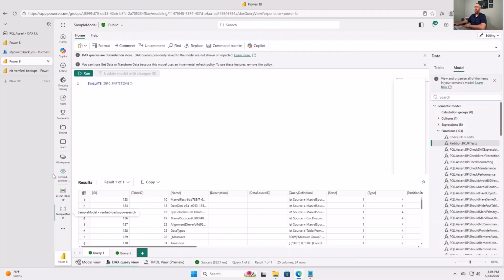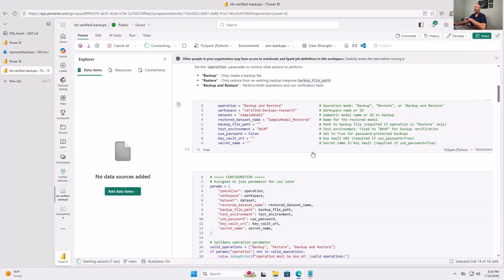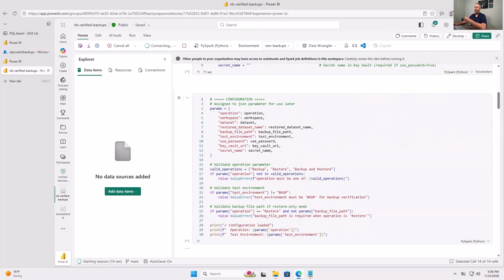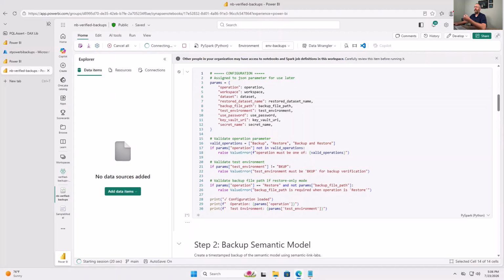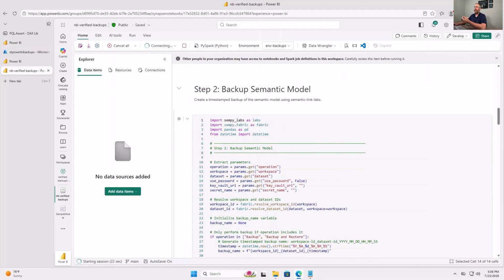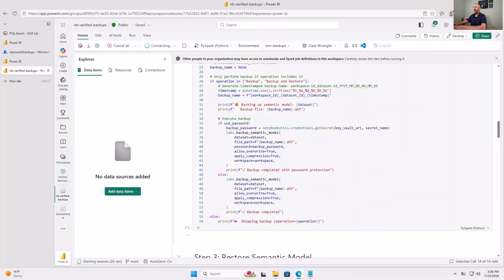And if I go back to the workspace real quick, you'll notice, looks like it's restoring it now, but it's going to restore the model to sample model restored, and then it's going to run the tests. So right now, I think it's just spinning up. Once it spins up, it's going to do a configuration check, then it's going to back up the model. And you'll see here it's using the